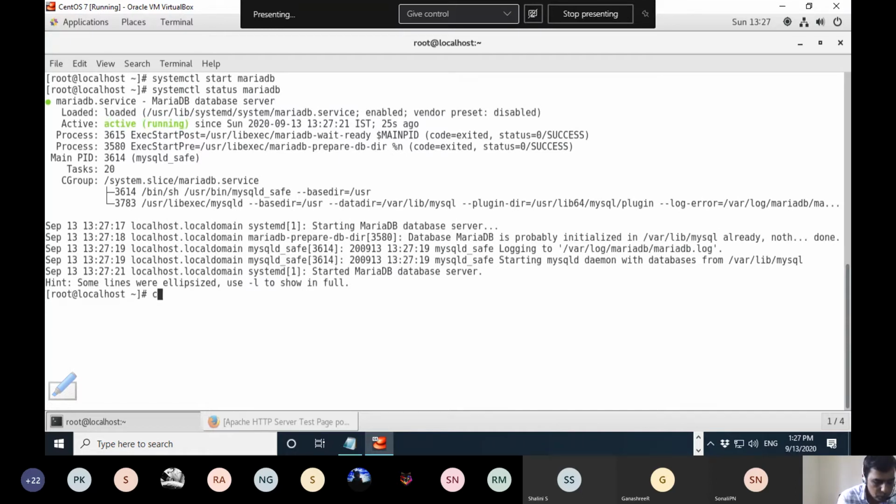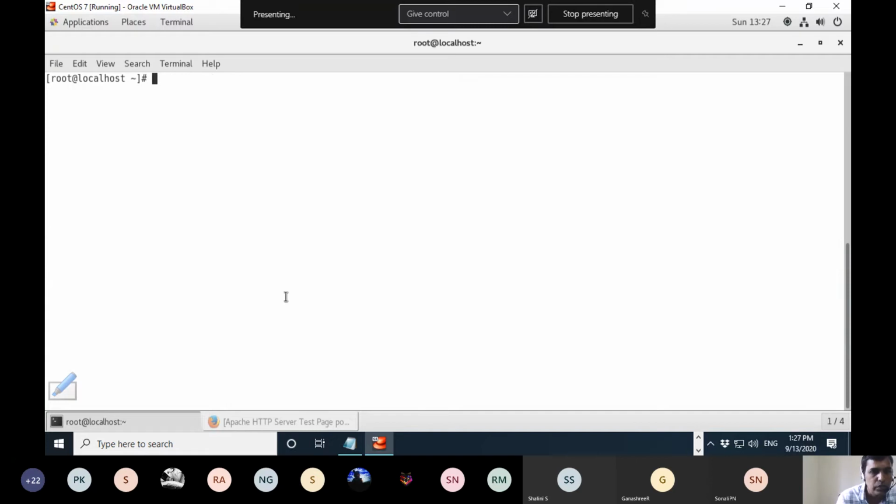Now if you really want to stop and start for some reason, you can use the restart option also. I can use the restart option. The only difference is the syntax; I made a spelling mistake here.